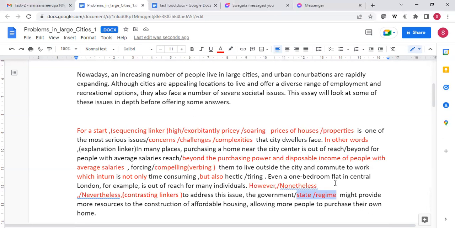See, when you're giving a solution, you also have to explain how the solution or how the step is addressing the problem, how the solution is solving the problem. So if you say it is helping in, what do you mean by resources? What resources are you talking about? Are you talking about subsidies? And the second thing, why I do not encourage writing both of them in the same para, is that you're also supposed to give evidences for your solution. So it's not just that you give the solution and leave it. You have to explain it. Now the explanation could be done in one sentence, that's absolutely fine. But you also have to